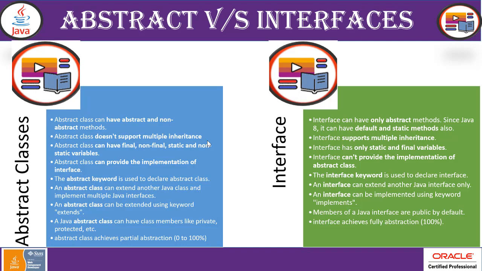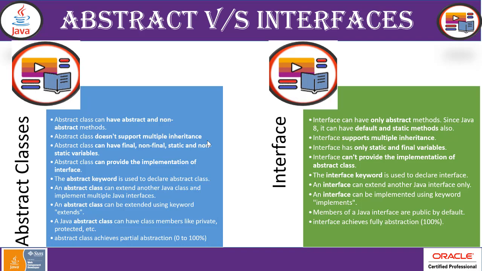So extending and implementing: with respect to classes to classes, we have seen extends is used. In the case of interface to interface, we use extends. But when we have to extend an interface in a class, we use the implements keyword, and we can do it